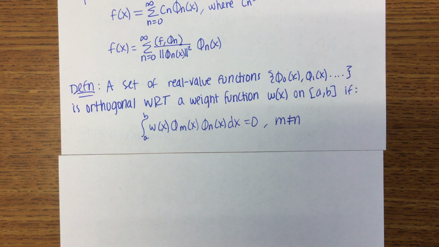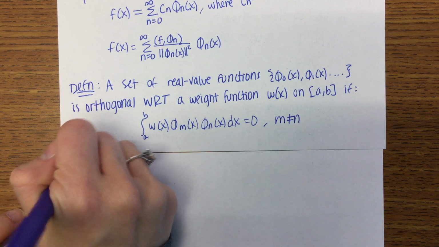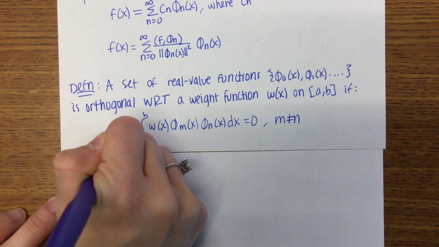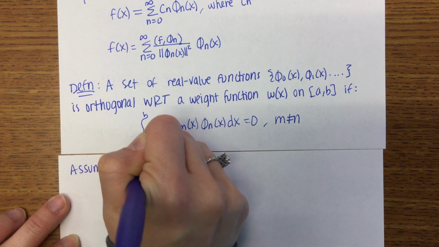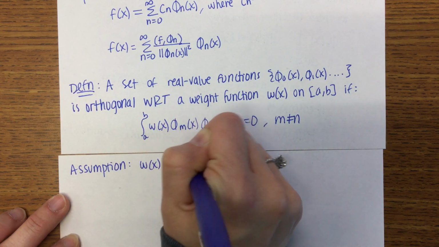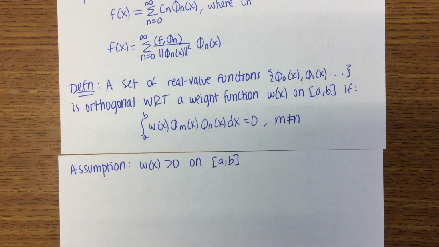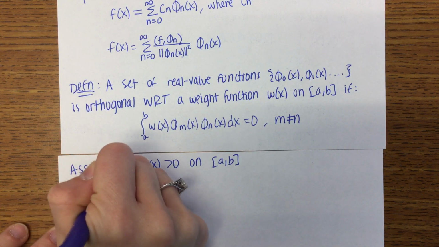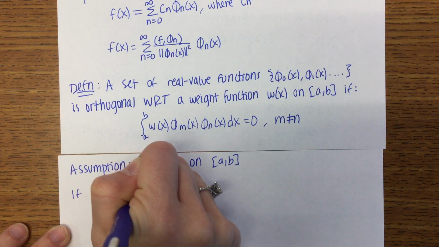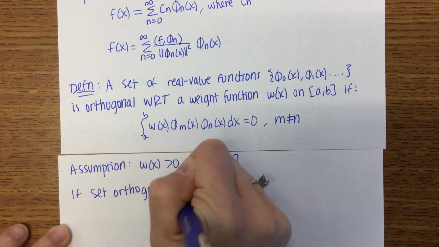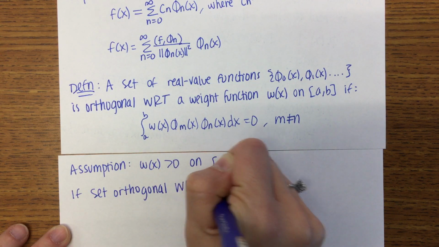You're going to do exactly the same as what we did before. So, is it okay if we don't do an example? Yes. Okay, beautiful. Here's the assumption: that weight function has to be greater than 0 on the interval a to b. Okay, so if your set is orthogonal with respect to that weight function,